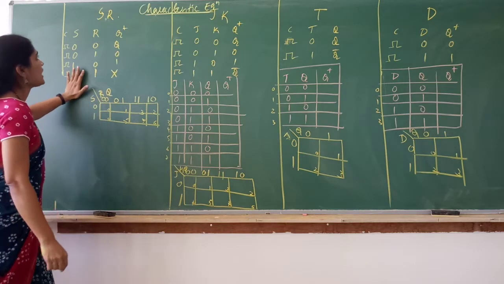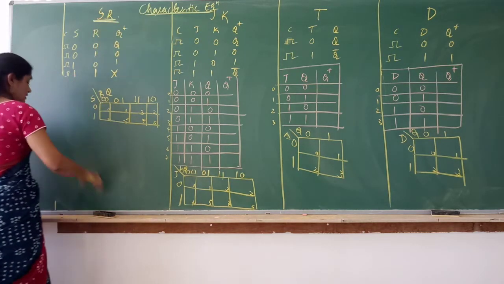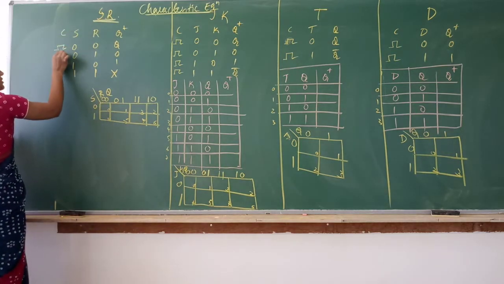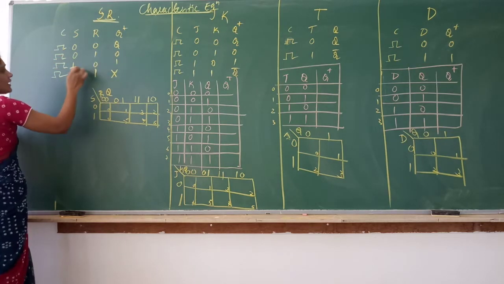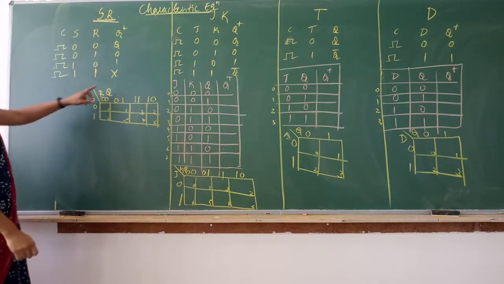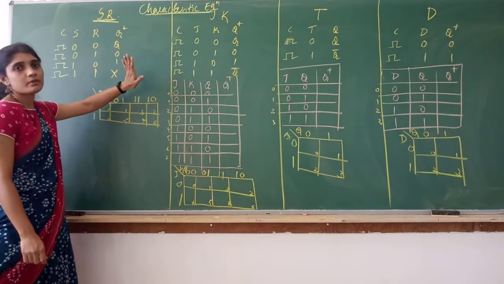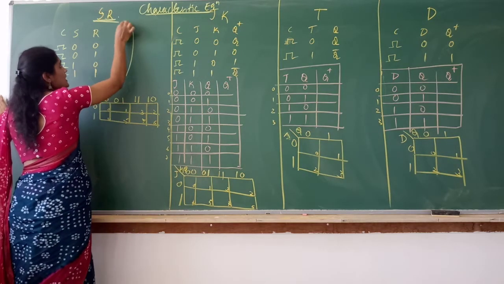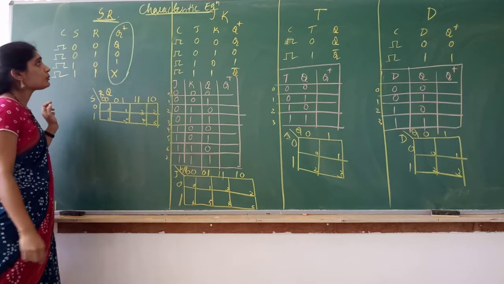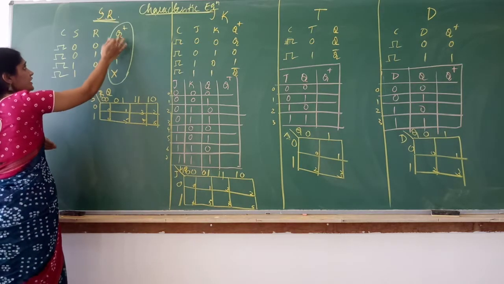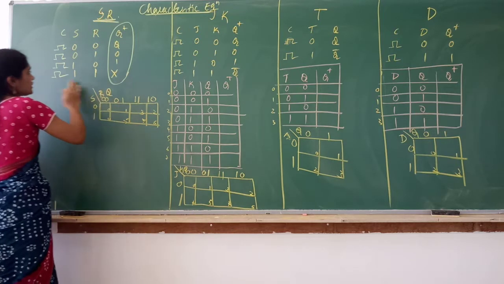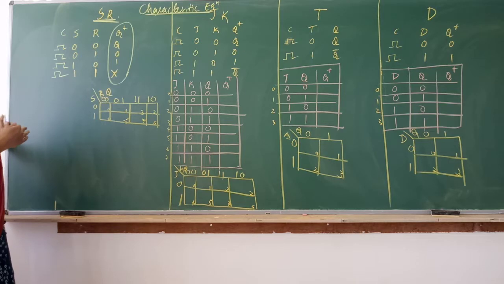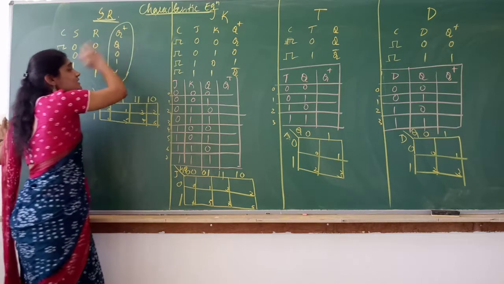So I'll start with SR flip-flop. I have written the SR flip-flop function table: 0 0 previous state, 0 1 gives 0, 1 0 gives 1, 1 1 metastable state, so I have taken it as X. I have not written Q plus bar. I am not interested in Q plus bar now because I am going to derive an equation for Q plus of SR flip-flop. What is Q plus? Next state. The next state of SR flip-flop can be explained with this function table, or I can also derive an equation for SR flip-flop which explains the characteristics of SR flip-flop.